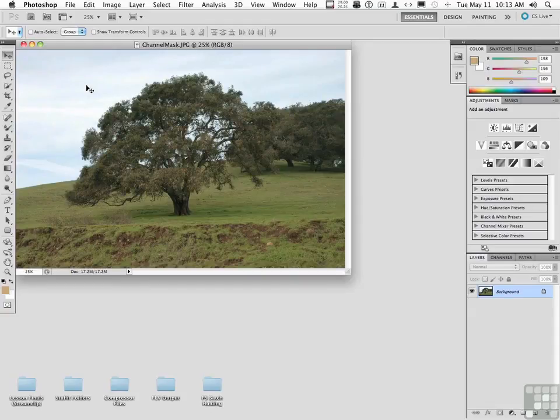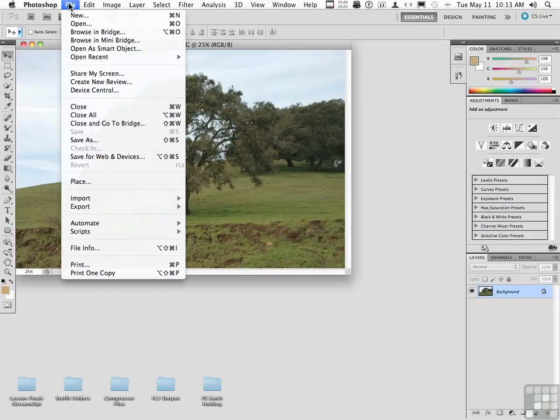Whenever you open an image in Adobe Photoshop, you have the ability to either read or create information on that image. That information is always saved with that image, and it goes with the image no matter where you send it. We're going to go to the word File on the pull-down menu, and we're going to go down to